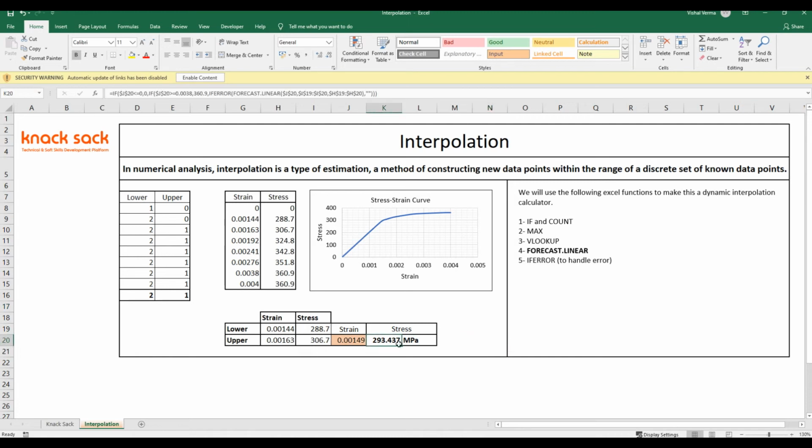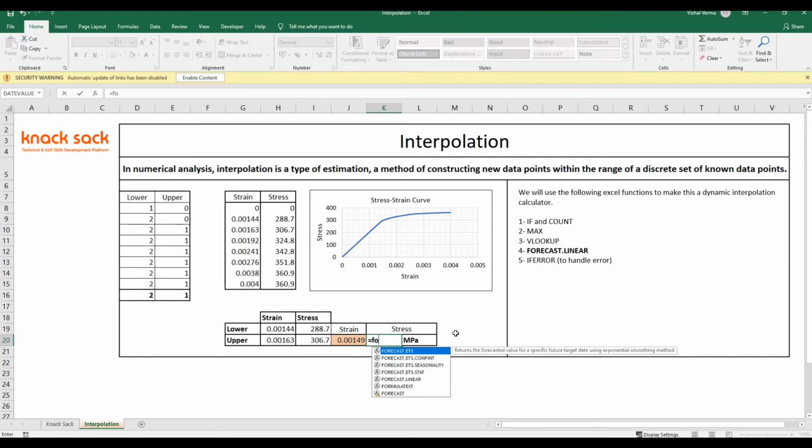So next step is to use forecast.linear function to get the interpolated values. I am deleting this and again writing the forecast. We will type forecast. The moment you type it, it will give you a list of forecast functions, and in this we are going to use this forecast.linear function.